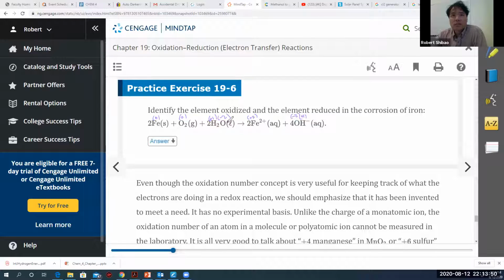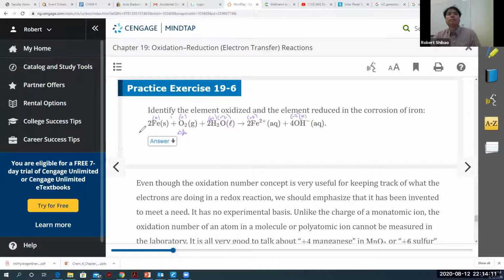So this oxygen didn't change. Actually, we have 2 of them here. 2 of the oxygens don't change, but 2 of the oxygens do change. We go from 0 to -2, so that's gaining electrons. So oxygen is reduced. That's reduction. And this is our oxidizing agent. Our oxidizing agent is reduced,